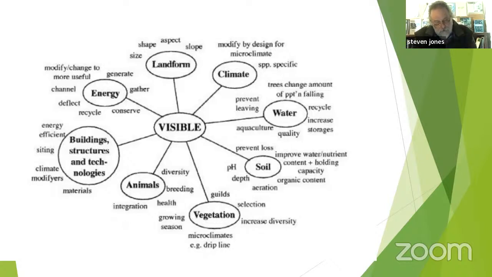Animals. Many animals can be incredibly destructive in a system, and they can be very beneficial. So they need to be integrated into the system itself. Animals unrestrained, if you like, without channeling their energy usefully, they can be very destructive. But in the right use, in the right way,